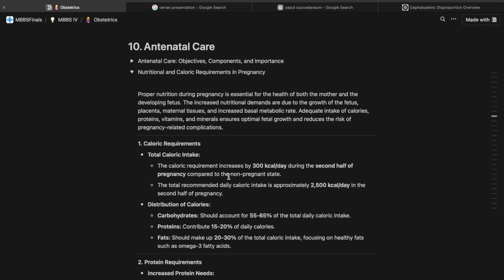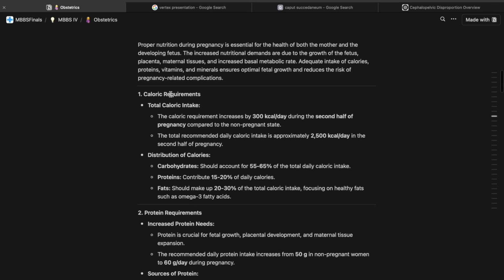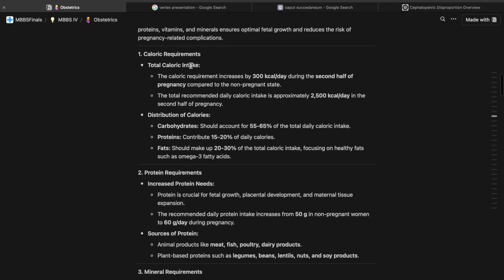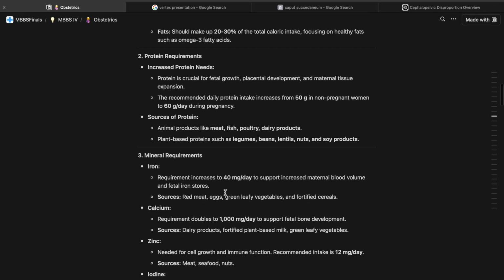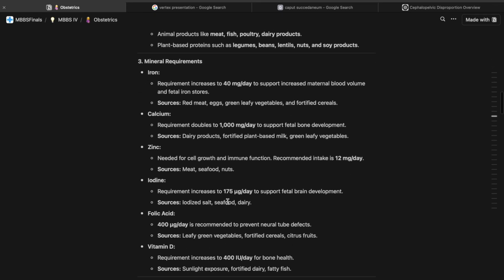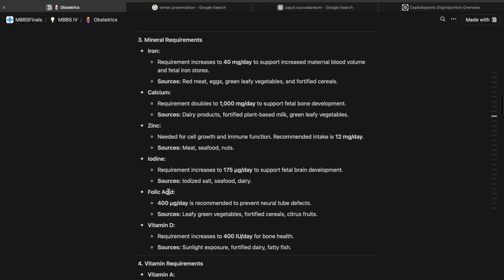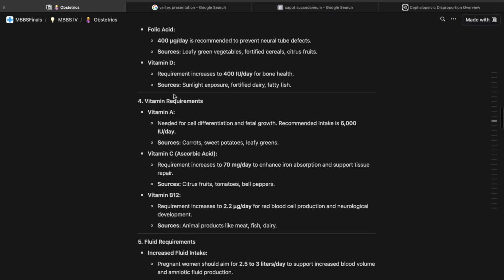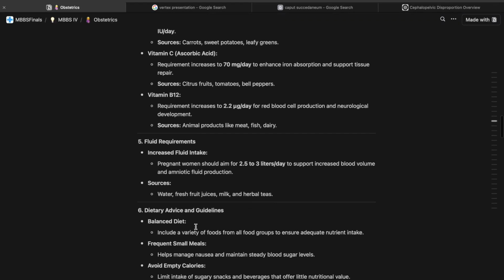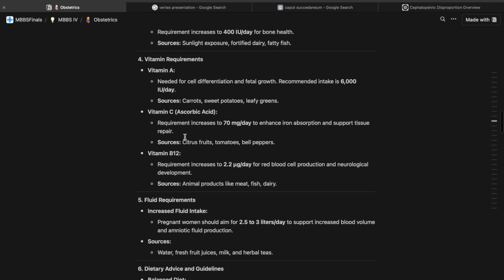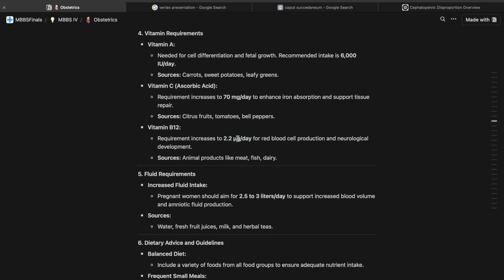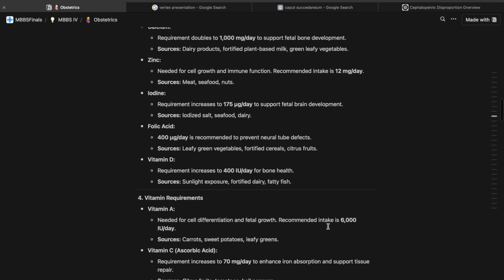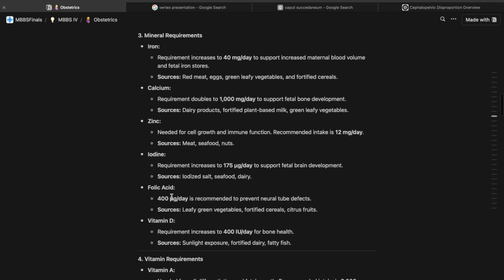So, nutritional caloric requirements during pregnancy. We have seen the caloric requirements, total calorie intake, distribution of calories, protein requirements, how much protein is needed, sources of proteins, and mineral requirements: iron, calcium, zinc, iodine, folic acid, vitamin D, and then vitamins. We have A, C, B12, and we have seen how different the dosages and the recommended values are. So it starts from 2.2 microgram, and some are like 600 international units in case of vitamin A, and